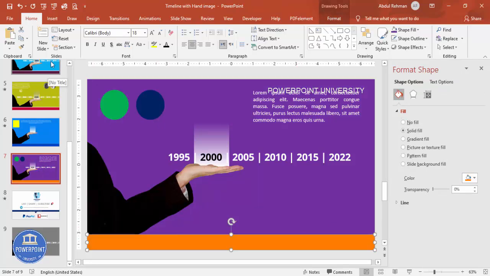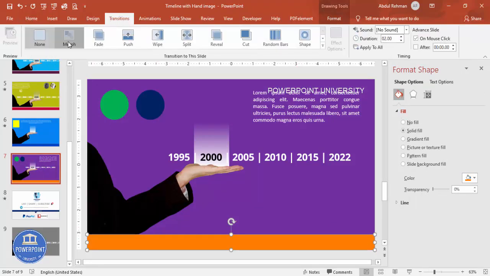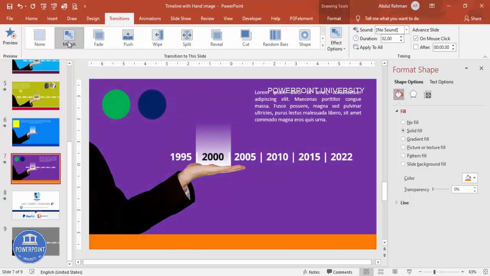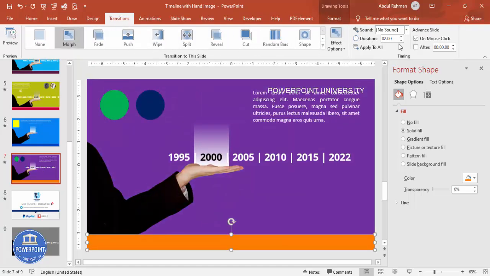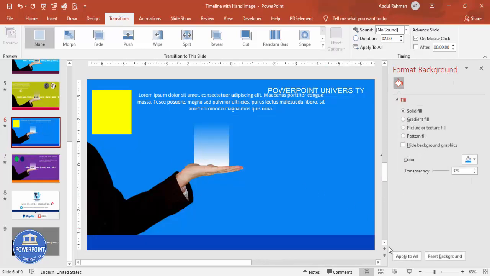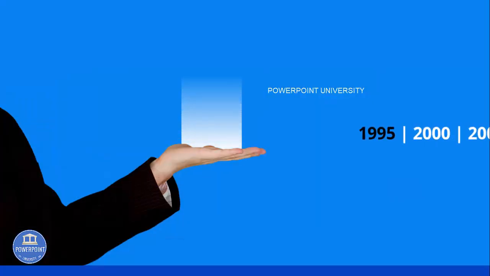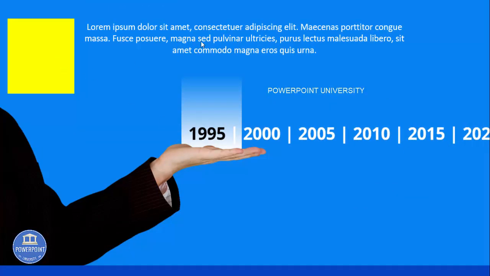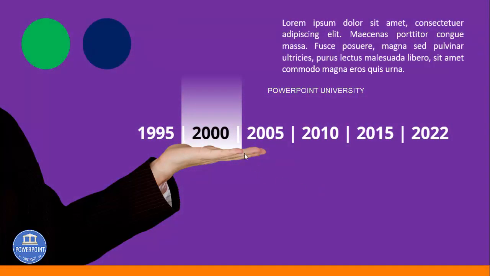All right, and then for this, go to the transition tab and click on the morph. All right, so it comes something like this, and this morph transition you need to reduce the duration. Maybe you can make it 1 second. Now if I play, you can see here it comes the 1995, the text, the information comes here, and when I click, you can see here the year comes 2000 in the black, the 1995 becomes white from black, and then you can add any text here or any image of your choice.